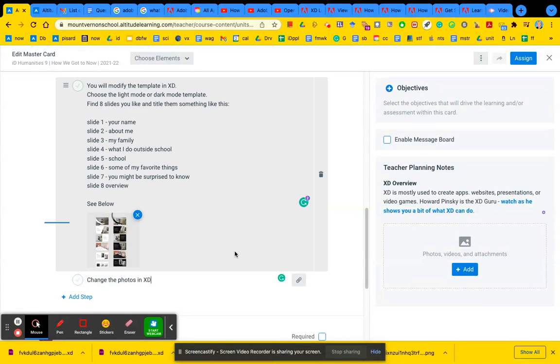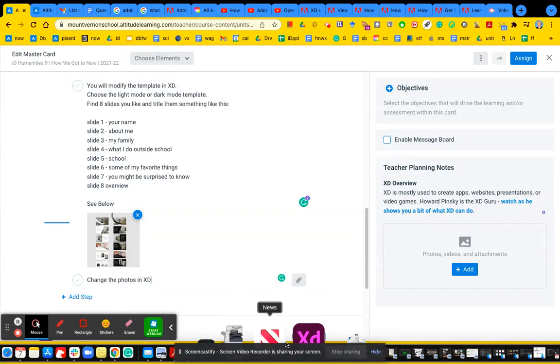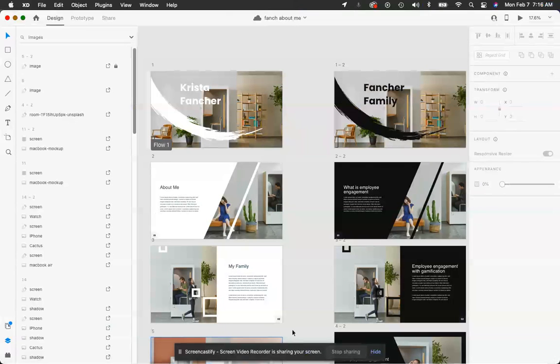All right, guys, I'm going to show you how to change out those photos in the template in XD. So go ahead and navigate over to XD. You can follow along with me. So obviously, I've got my headings done here on these slides, but I need to change out the photos,